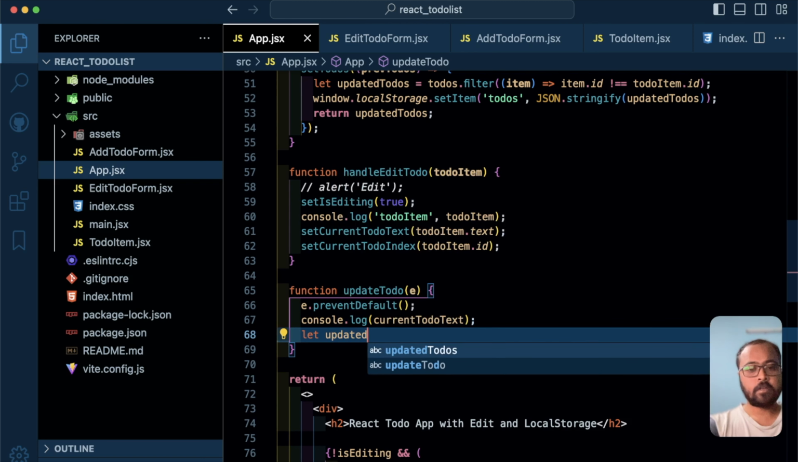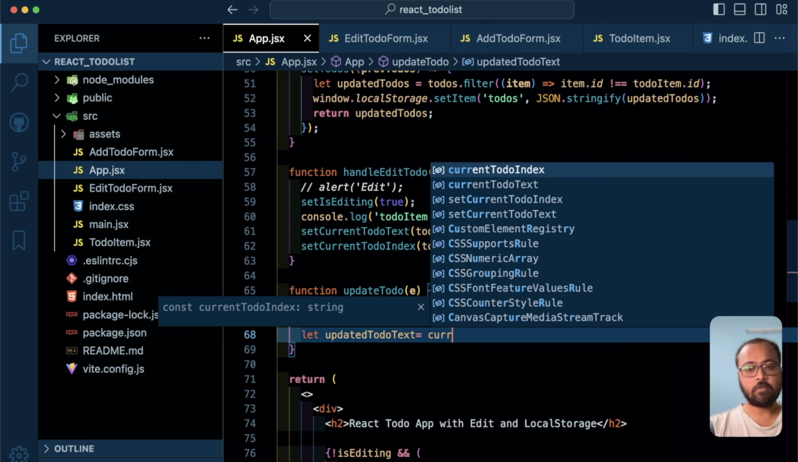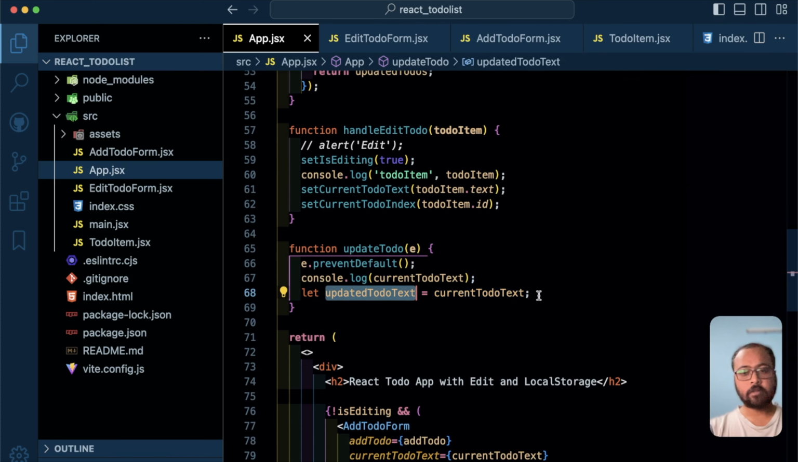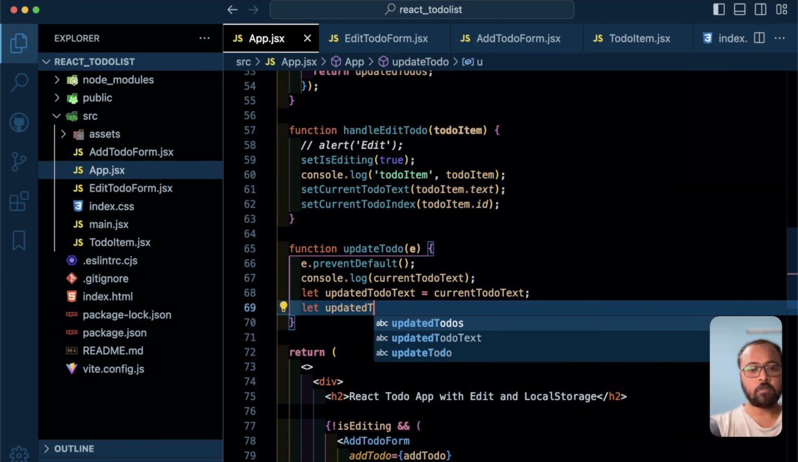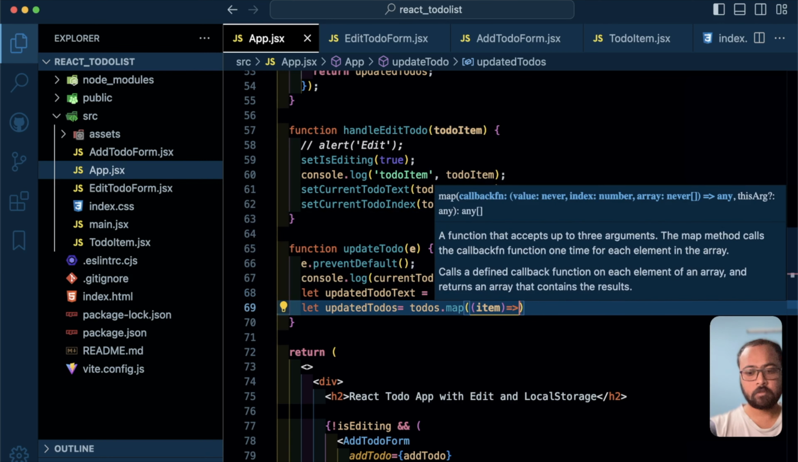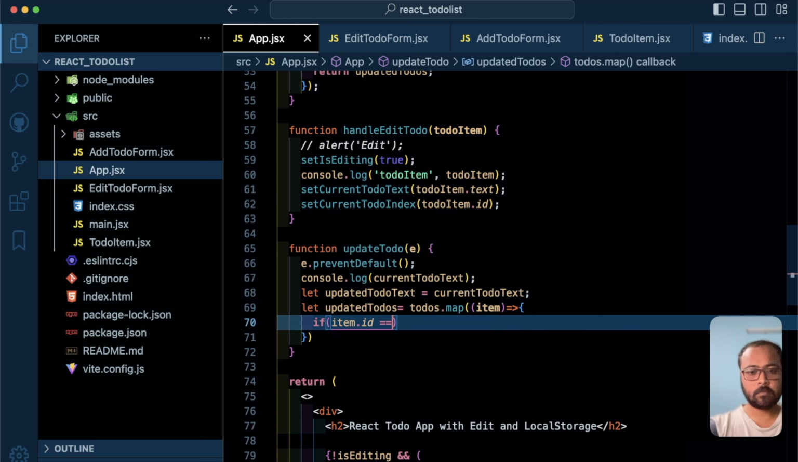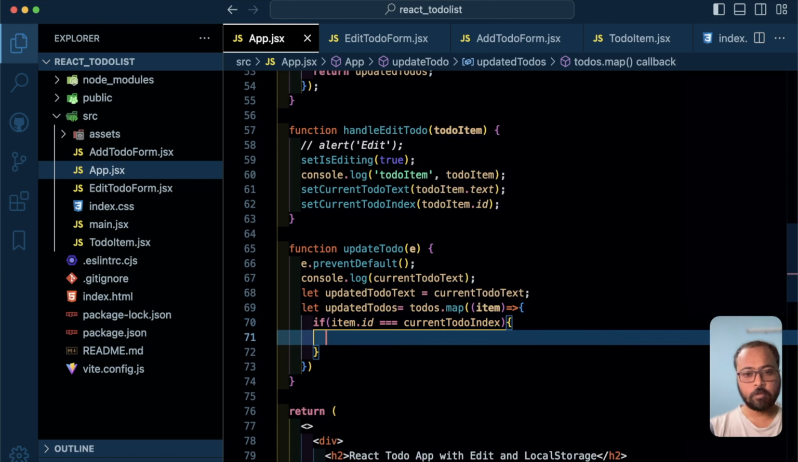Okay, so we can create a variable called updated to do text, and that will be current to do text, and that value we want to update in the to dos. So let's do that. Let's create a value called updated to dos, and we want to map through the to dos. If the item.id becomes equal to the current to do index, then what we can do,